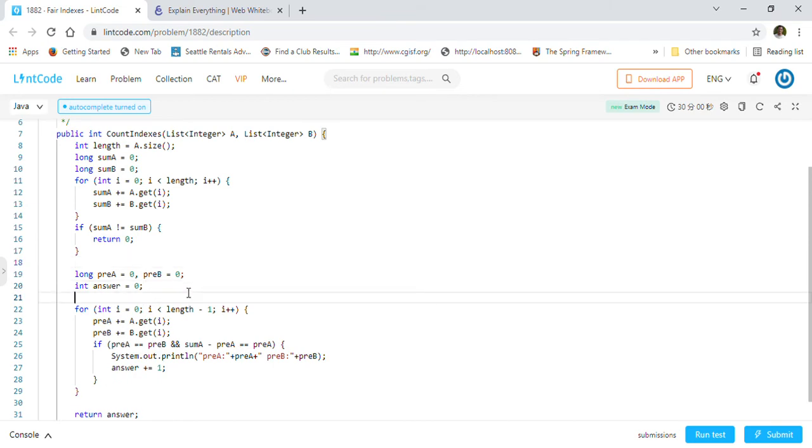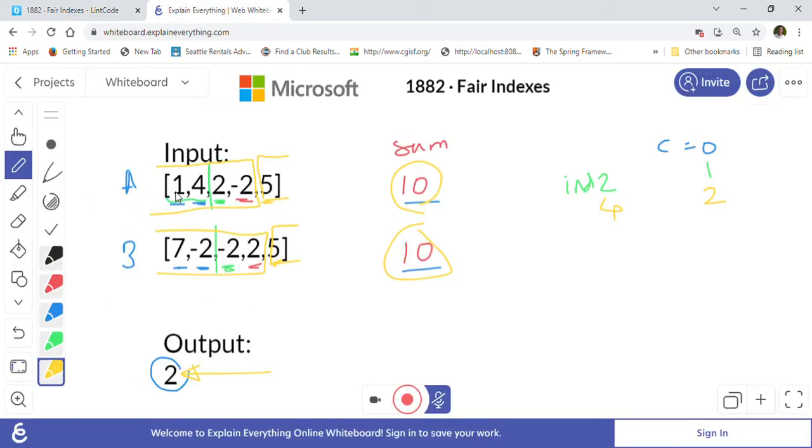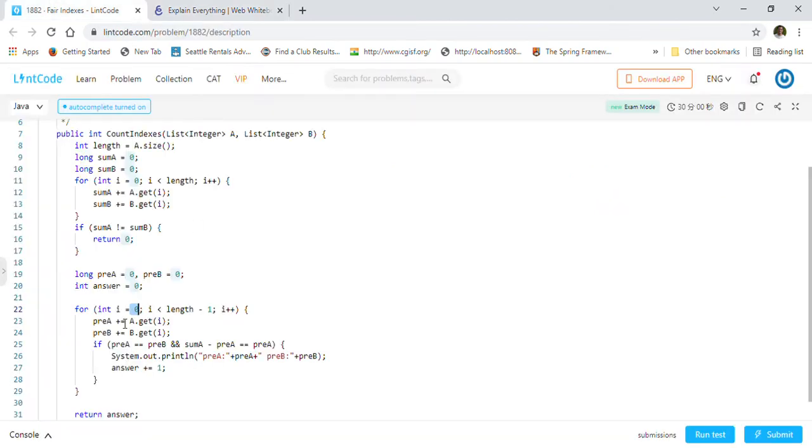After that we are making counters here: previous A, previous B, and answer, right? We are starting from 0. So we are starting from index 0 for both the arrays, right? I'll just highlight it. 0 means 1 and 0 means 7. So we are starting with this position in both the arrays, and we are calculating the sum for that point.